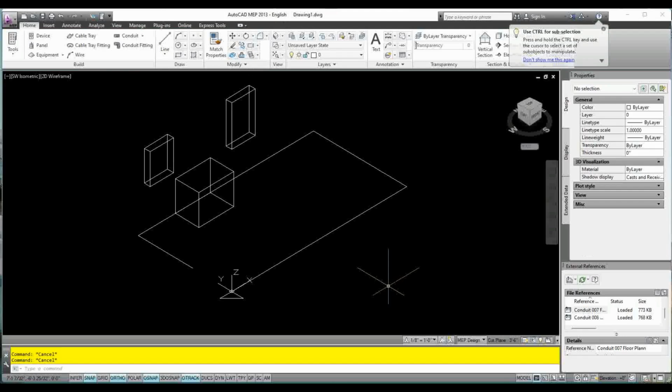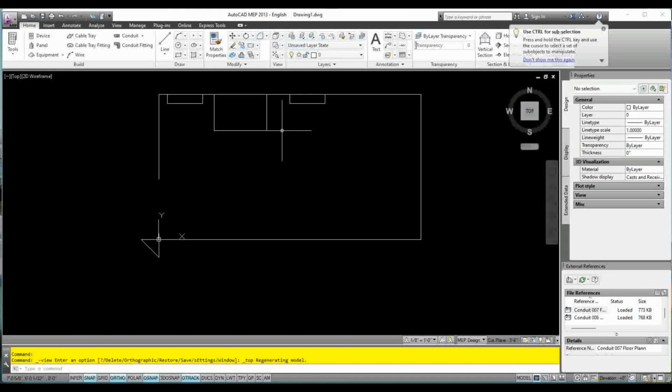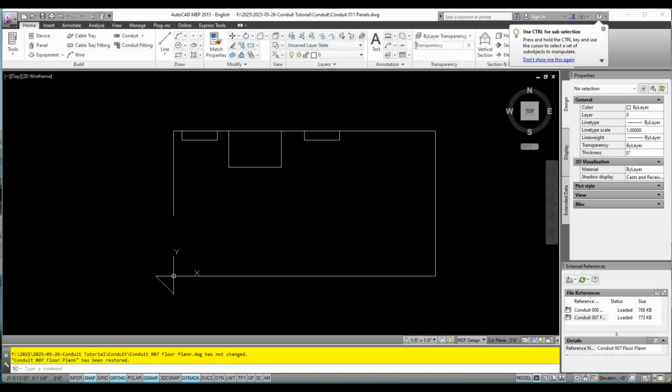usually we unload all the XREFs before we save our drawing. All right, so let's return to top view because we always want to save our drawings in top view. All right, so before I unload my XREFs, what I want to do is I want to add this triangle to my drawing, which contains the panels. So how do I do that? Just type in,